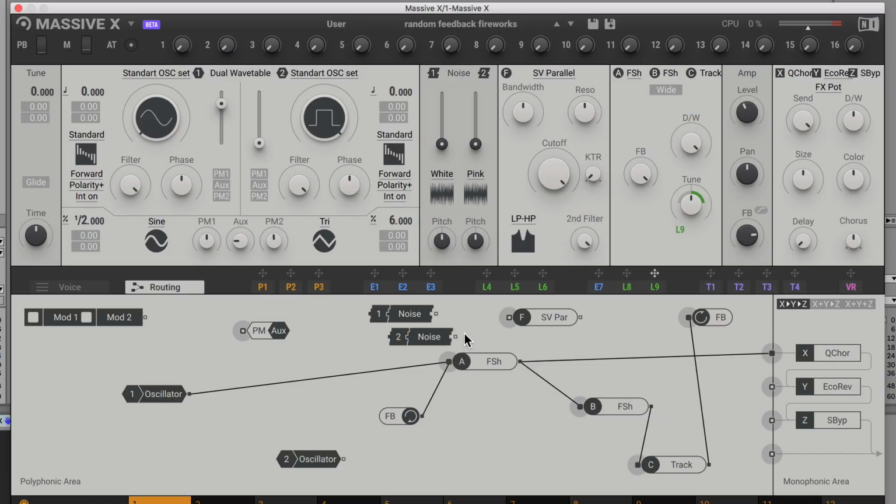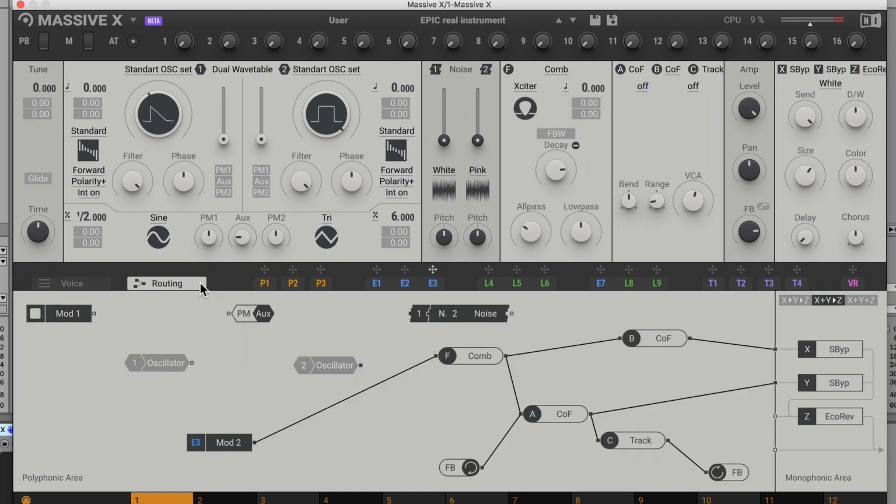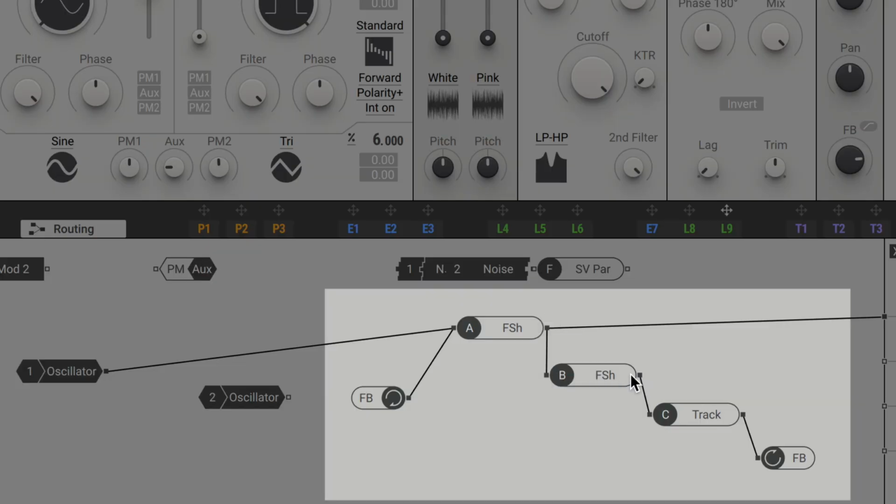The routing. 10 out of 10. And it's not just the ease of use, it's the options you have, such as feedback,